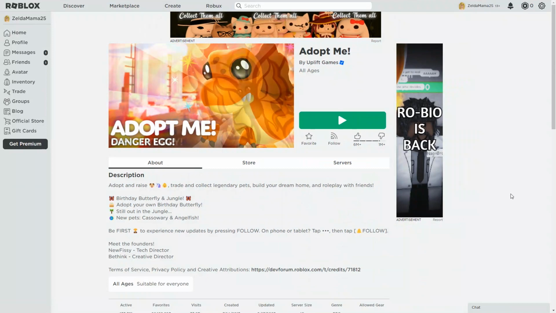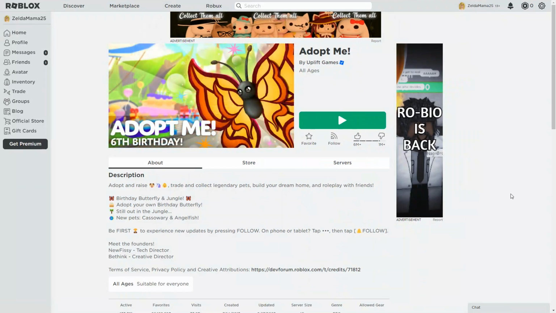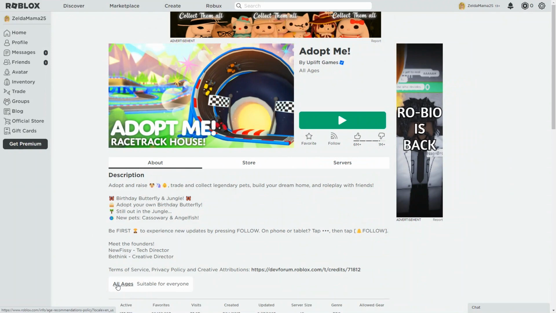Now let me show you a couple of Roblox games. I'll show you one that's pretty popular with kids so you can see what that's like. And then I'll show you a scary one so you can get an idea of what else is out there on this platform. My daughter and her friends have been playing Adopt Me a lot this summer, so let's start with that. Now when you click on a game, you will see a description of the game as well as the age range. This one is all ages, so it is the most restrictive.